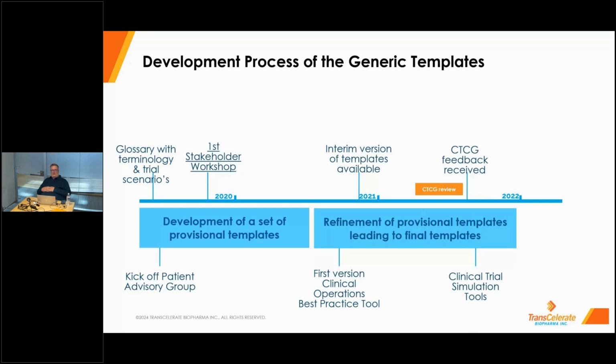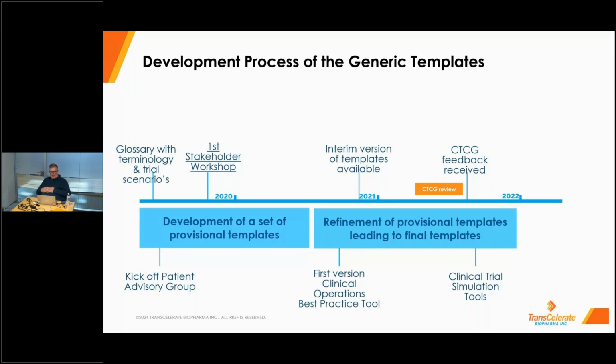Once we went through this initial stakeholder workshop and got some feedback, we also drafted the first version of the clinical operations best practice tool. This is basically a very large Excel spreadsheet, which goes through all the steps of planning, design, execution, and analysis needed for the conduct of integrated research platforms and platform trials with multiple intervention products from multiple